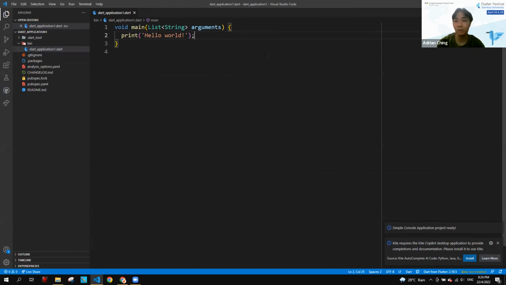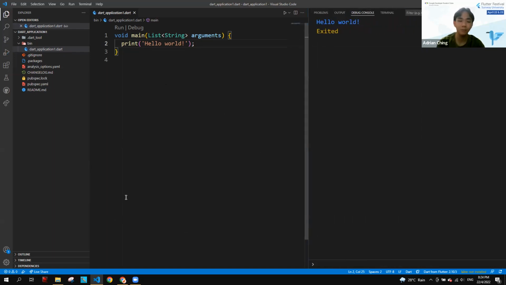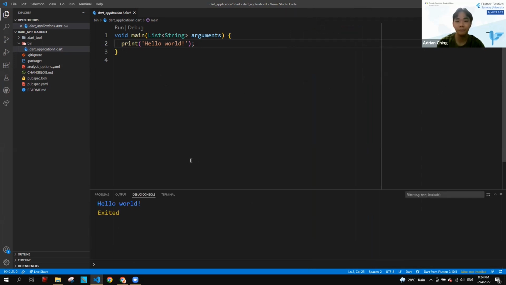To do so, go over here, there's this run button, and you can either select start debugging or run without debugging. Usually, personally, I would just run without debugging, just to demo. Okay, and if you want your console to be at the bottom, which I usually prefer, then just right click, move panel to bottom. There you go. That's it. So now you guys can follow along as I teach. Right, let's just try running it once. Oh wait, we already ran it. But yeah, there you go.